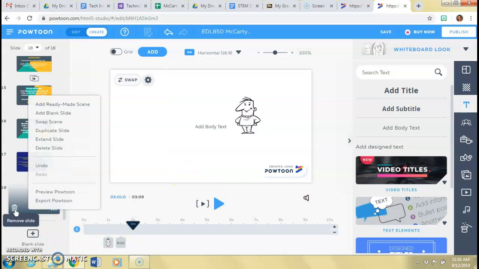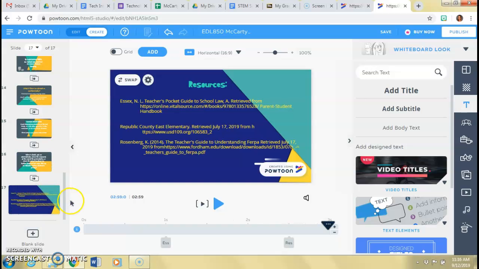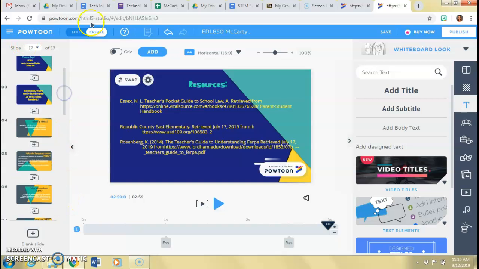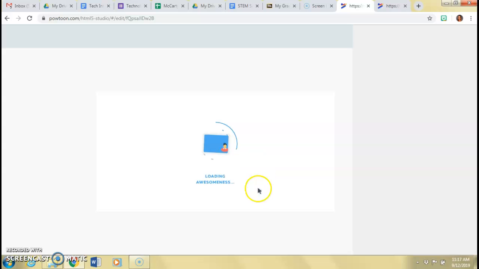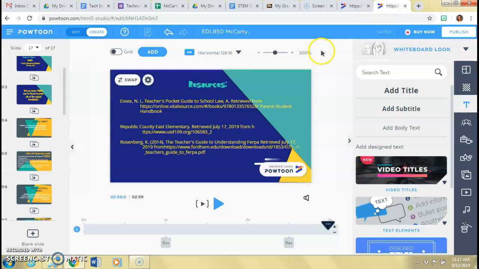I'm going to delete this slide off of my FERPA, because I kind of like this. I'm going to hit save up here, because I want to save my presentation. But if you want to go back to the beginning, you can easily start a new slide. Let's go back to this one over here. This was still loading. So if I want to go back to the beginning,